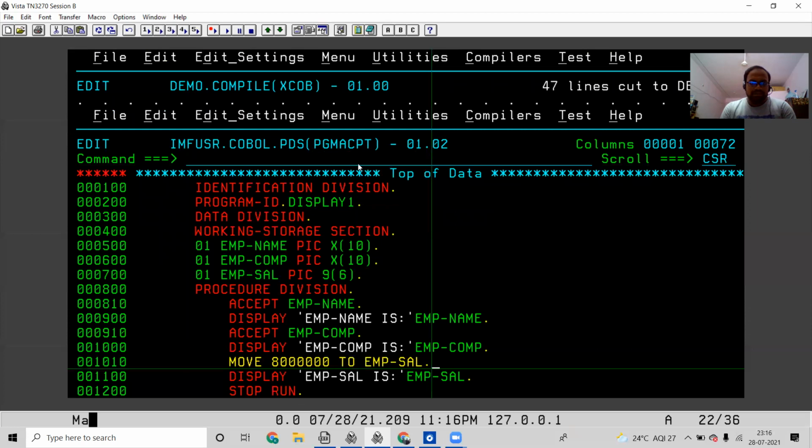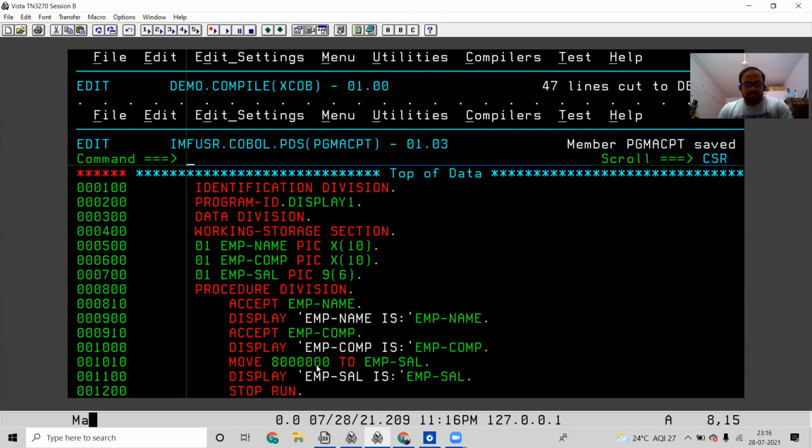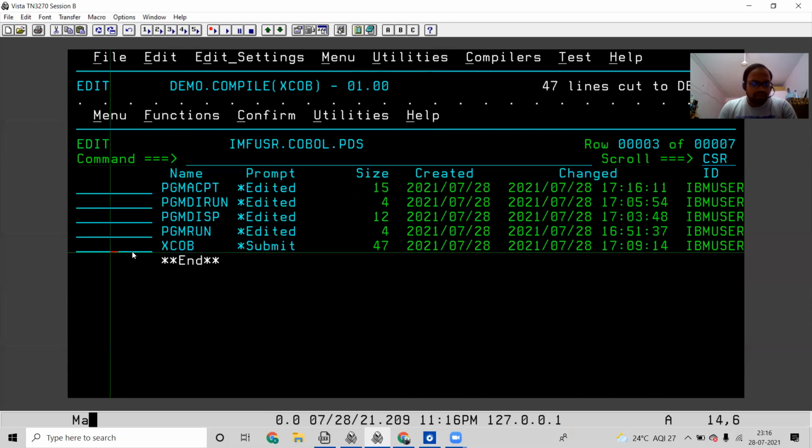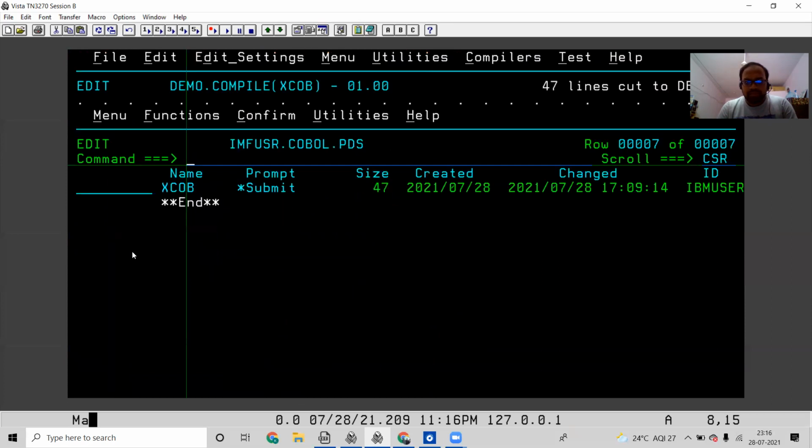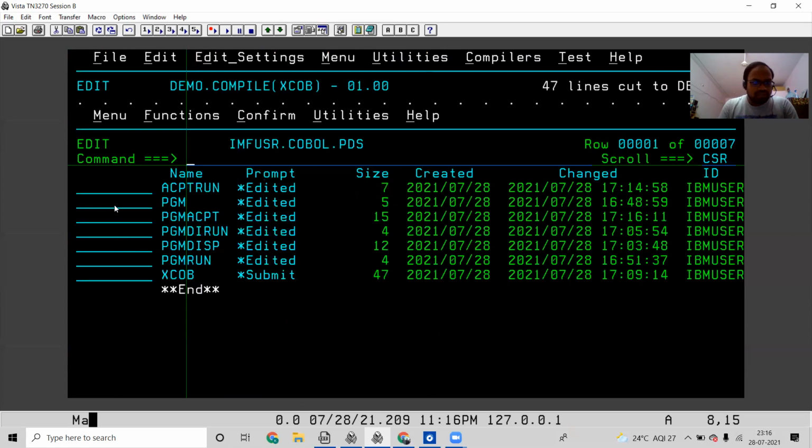Display EMP salary is EMP salary. Now I'm not accepting that particular thing. Again I need to compile; if you do small modifications, you need to do compilation again. So compilation is over. Now let us go with the run.